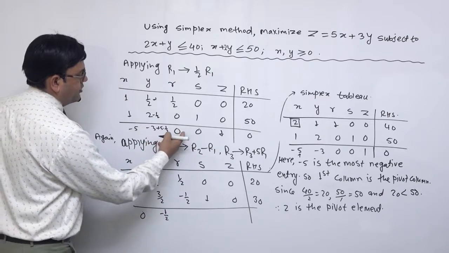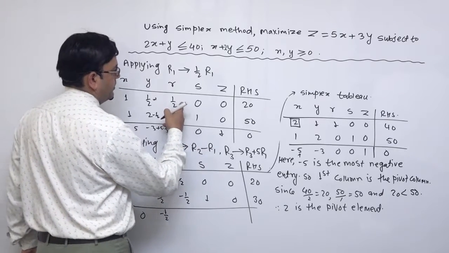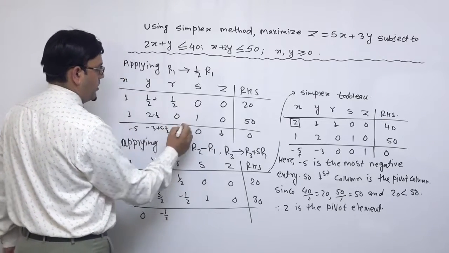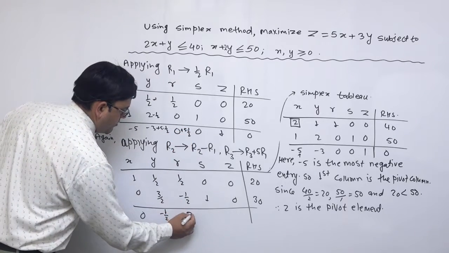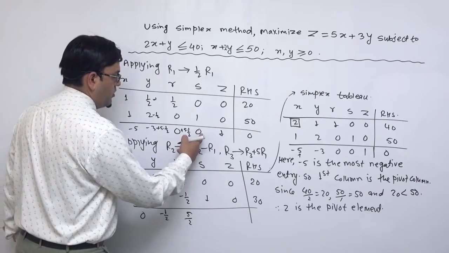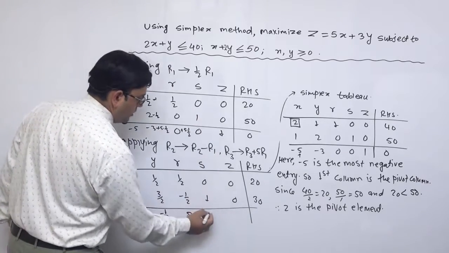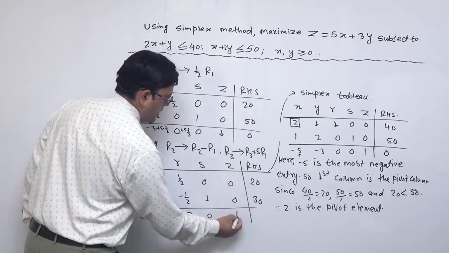Then here 0 plus 1/2, 0 plus 5 times 1/2 so 5/2. Similarly 0 plus this, so this is also 0, so 1 plus this also 1, so 0 plus